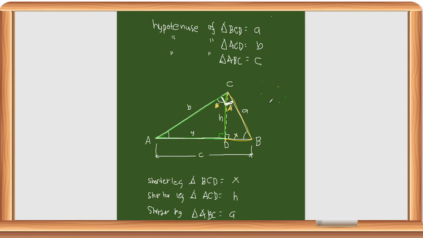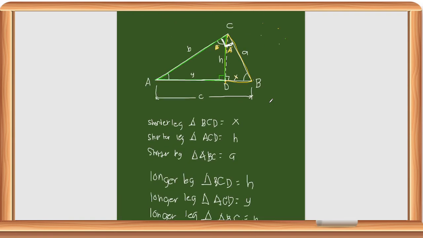Since na-identify nyo na yung mga corresponding parts, let's now try to get the ratio of each. Let's use the shorter leg over the longer leg, no? Shorter leg over the longer leg of the two triangles here. They are similar, BCD and ACD. Okay, let's try to get the ratio. Shorter leg, pwede mo namang gawing shorter leg to shorter leg, tapos longer leg to longer leg. Or, you can get the ratio of the,